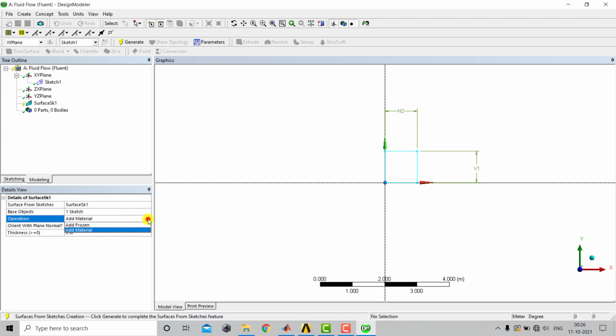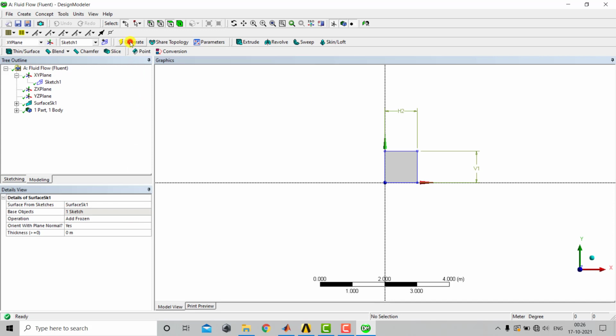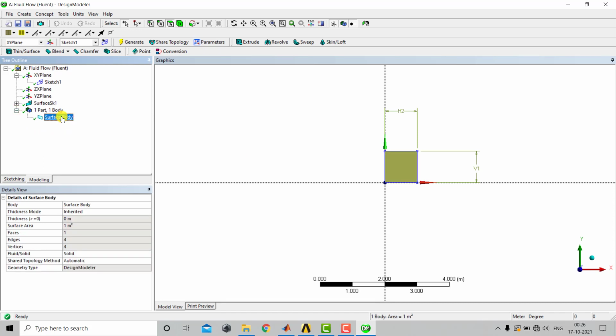In Operation we'll select Add Material as Frozen and click the Generate button. Once you click Generate, you can see that one body is generated, a surface body, that is a 2D surface. So this is all about the generation of geometry. Now we can close the Design Modeler.